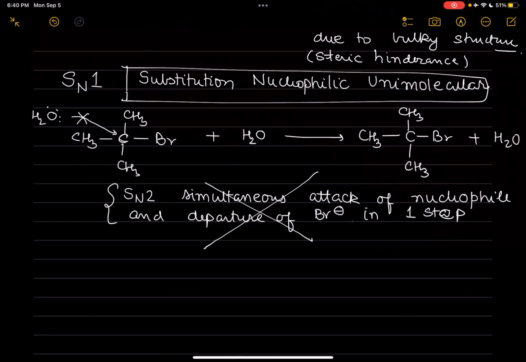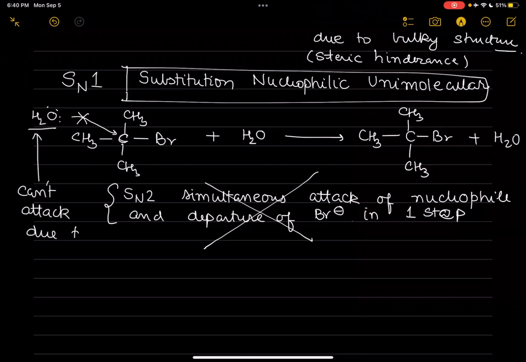But that doesn't mean that the reaction is not possible. The reaction happens, but then how does it happen? If the water molecule can't attack due to high branching on carbon,